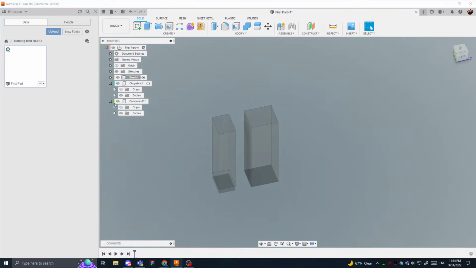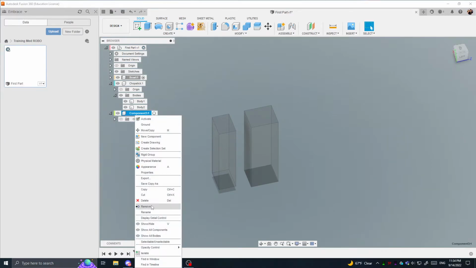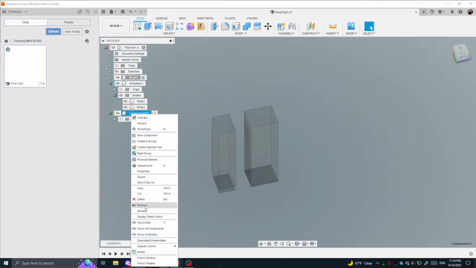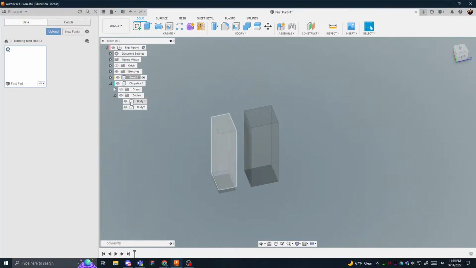And since I made them both components, I want to pull this body into this body folder. So just drag and drop. I'll remove this. There's a delete and remove. Remove is a gentle way of telling Fusion, hey, in the history, mark that I took this out intentionally. Delete is just like hide it, don't let anyone know I even had it here. So I like to use remove because it prevents any issues. There's a lot of issues that can arise with deleting things, especially in complex, large scale assemblies or